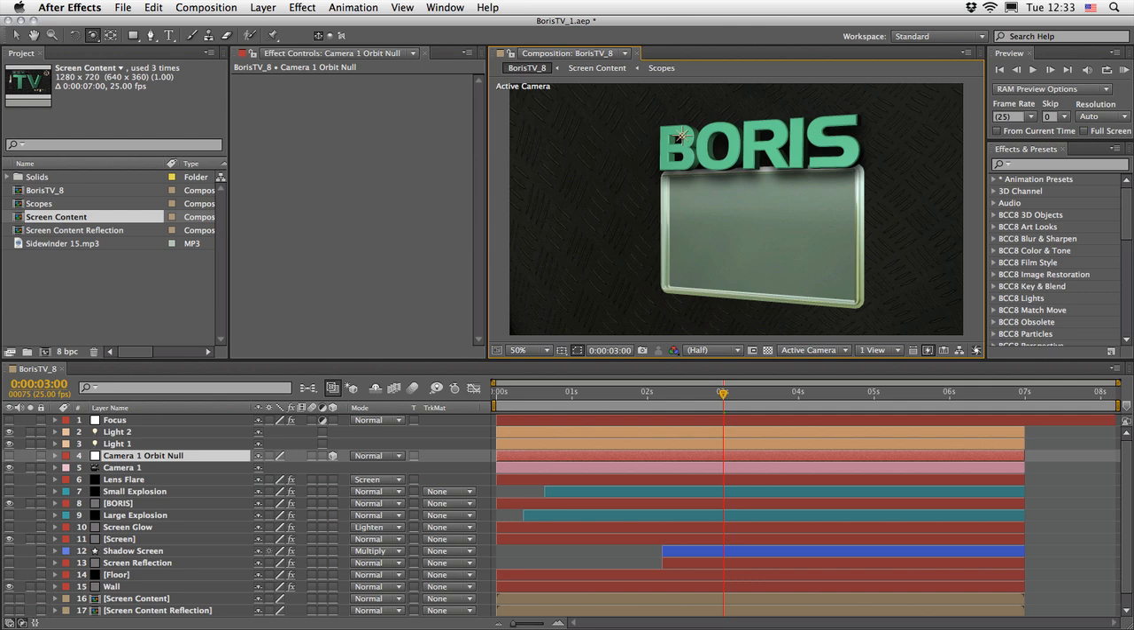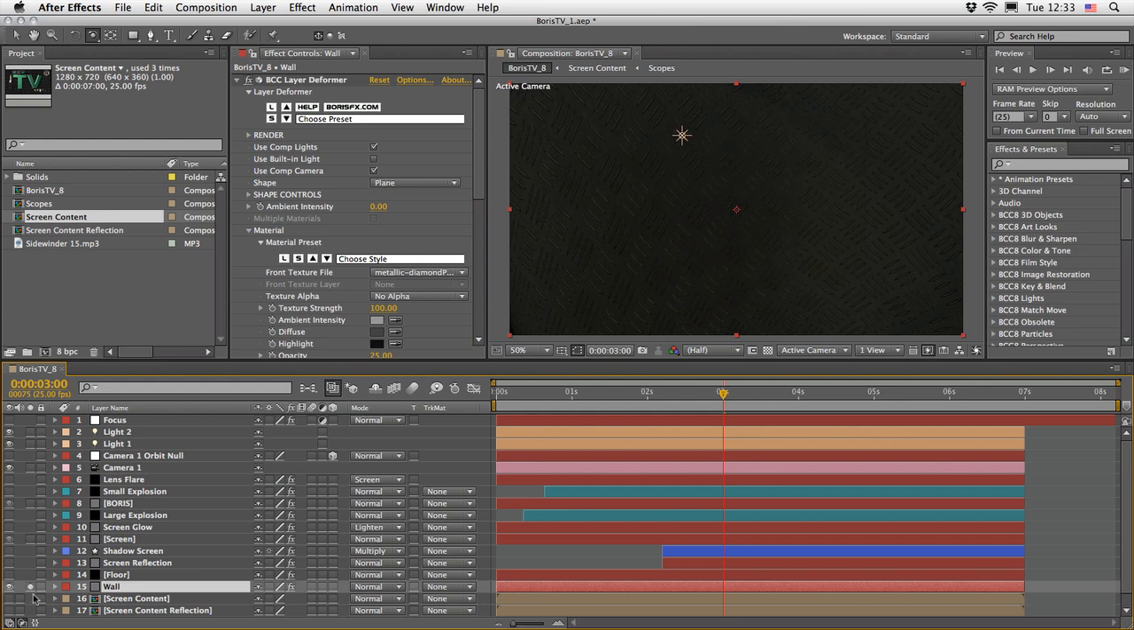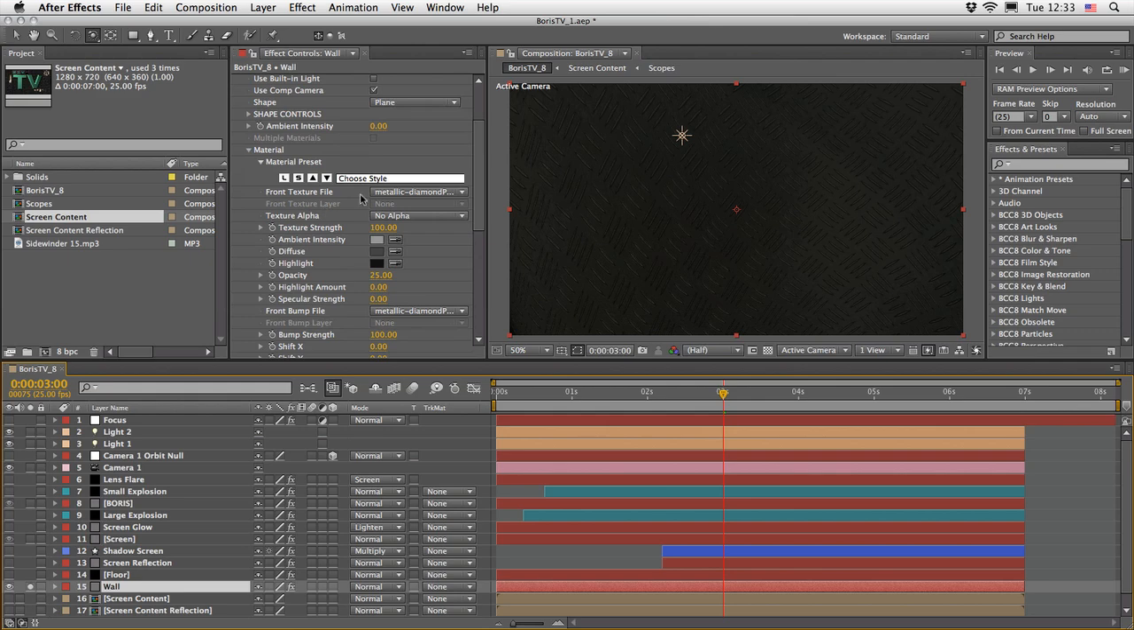Okay, so now that we know where we are taking it in terms of the story, we can actually concentrate on the design and all the beauty things and make it look as believable as we can. So I will show you what I did here. First of all, I will isolate the wall layer. And this is basically just a simple layer deformer on a regular solid with a texture,